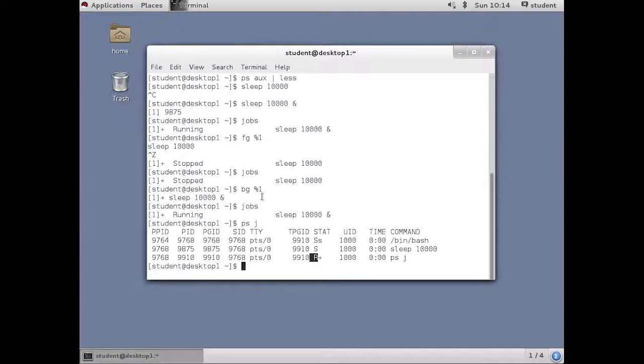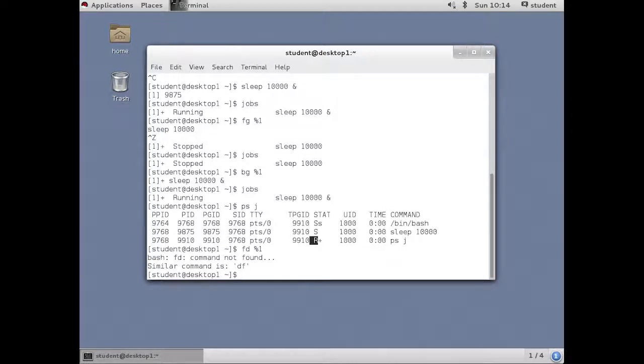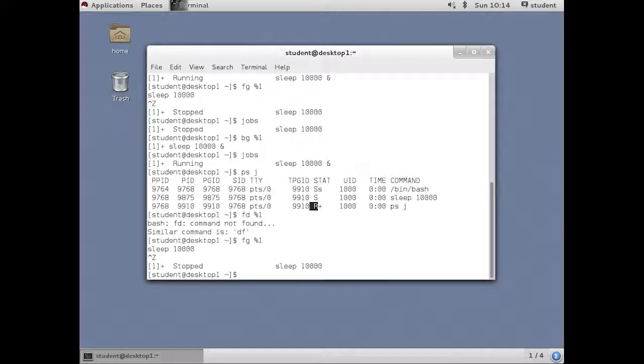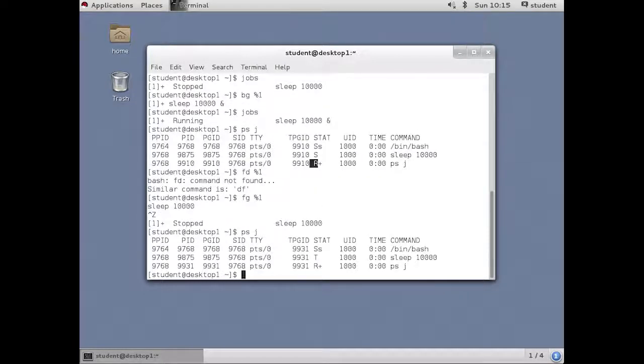While something is suspended, let's foreground that sleep task again. And then let's suspend it again. So it's in the background, but it's stopped. And if I look at the ps -j again, notice the T, which is the stopped state for that sleep process. And then as soon as I background it, BG, to get it to start running again,